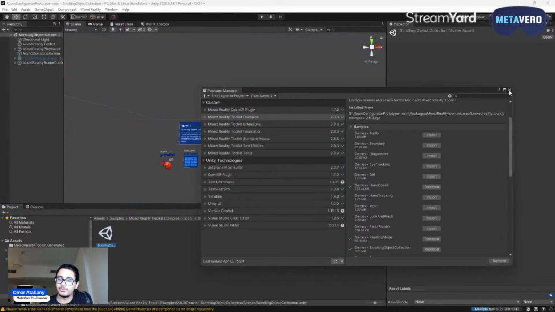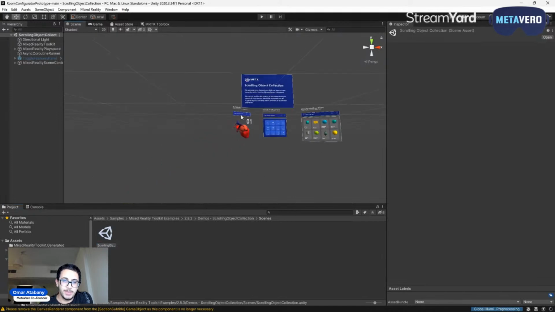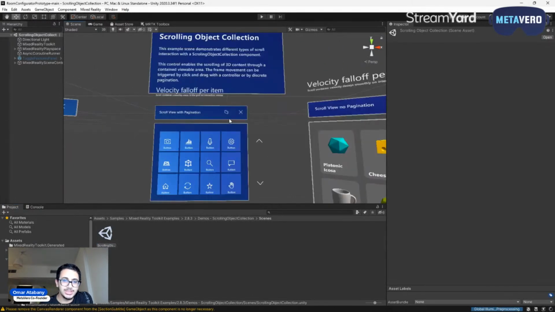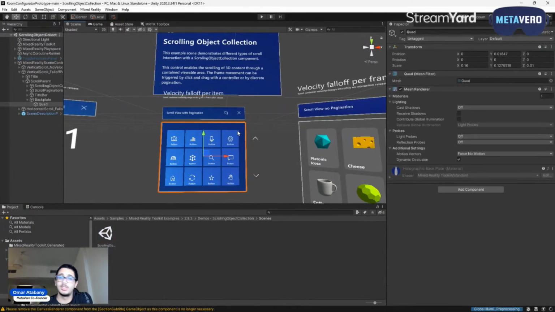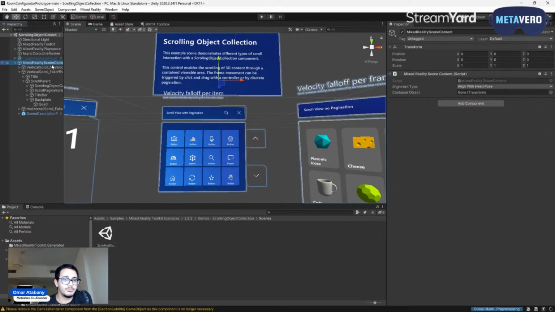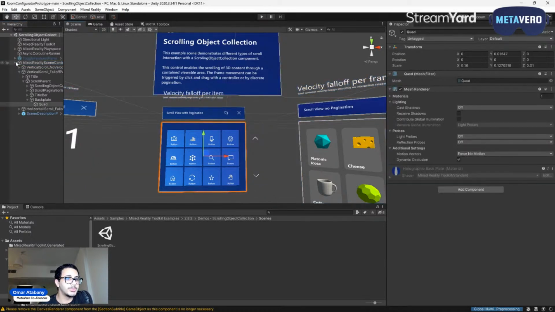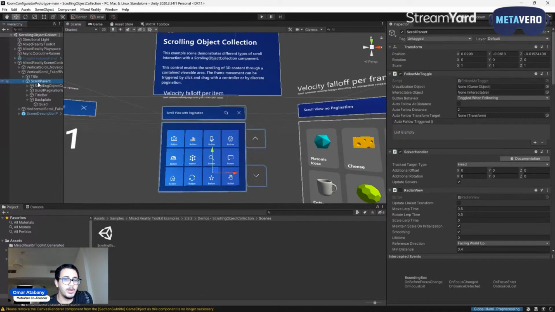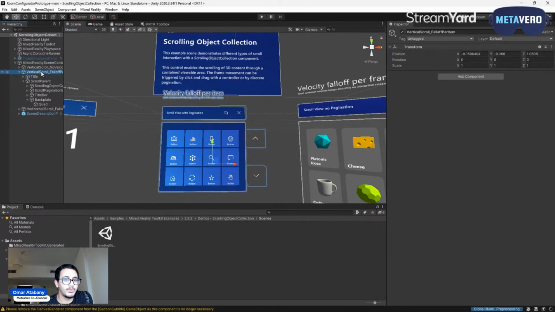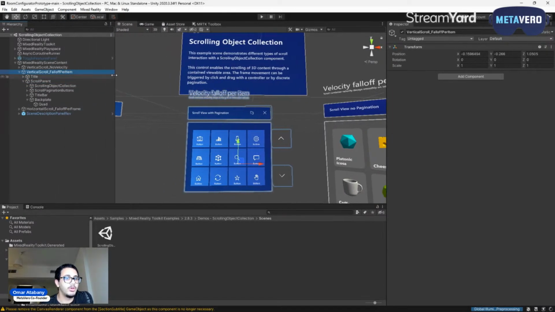So what do we expect from you? So as you can see here, this menu is what we're going to be working with. Something similar for you guys specifically. We're going to go and take that one specifically. Where is it? No, not the quad. We want the scroll parent, title, vertical. Yeah, so it's called vertical scroll platform. So we're just going to